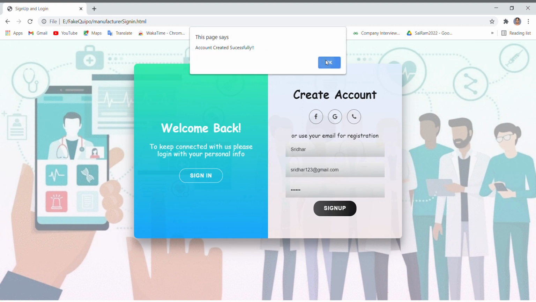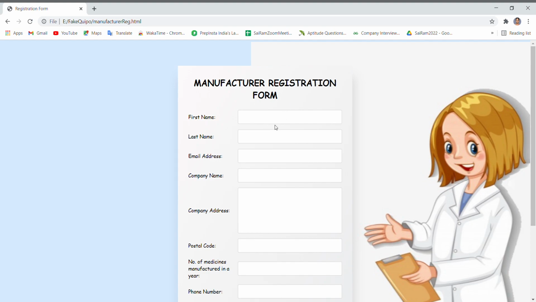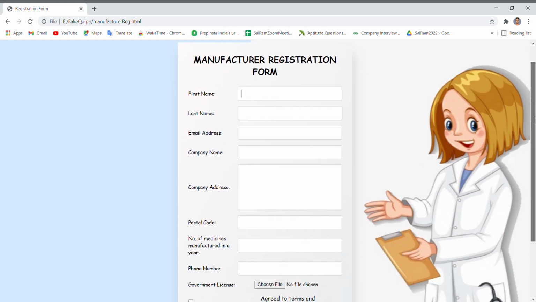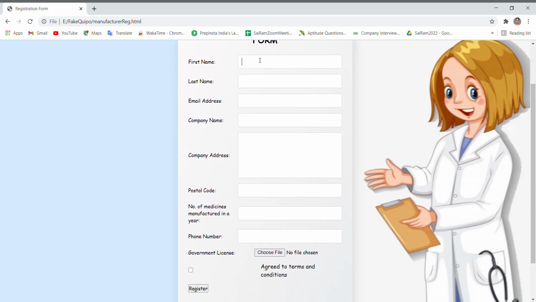So hereby my account is created successfully. When I register as a manufacturer for the first time, I have to fill this form, the manufacturer registration form,